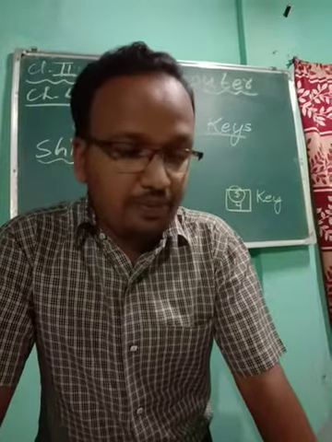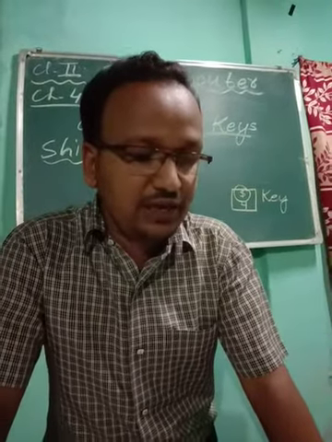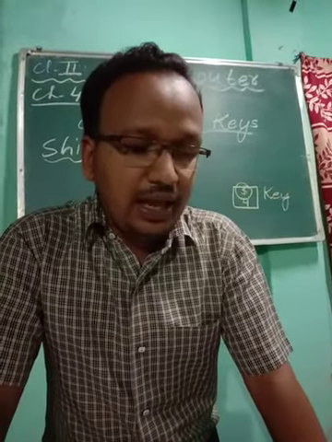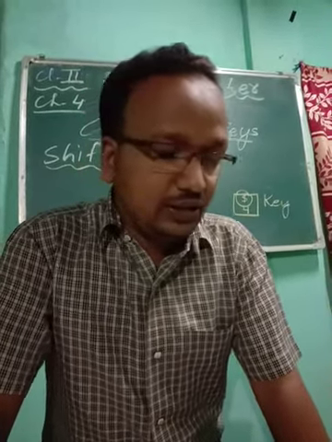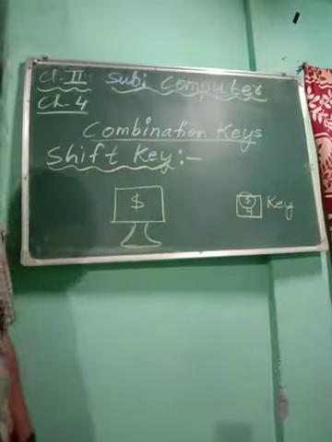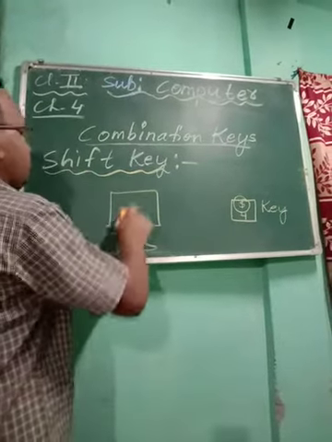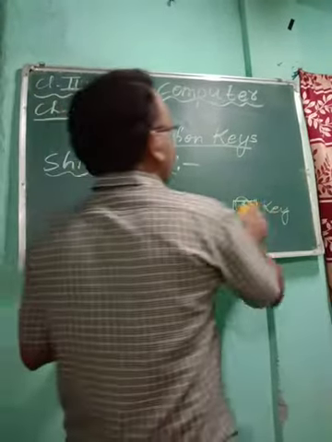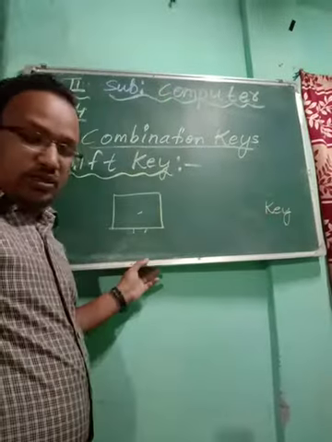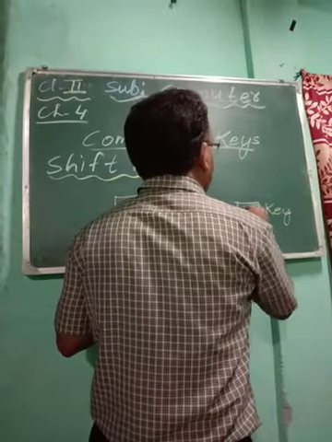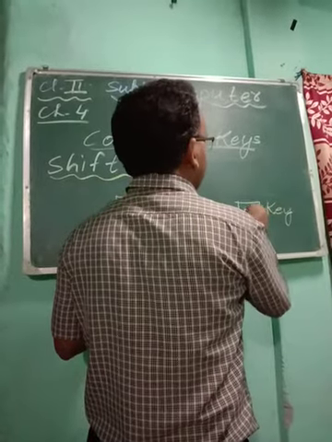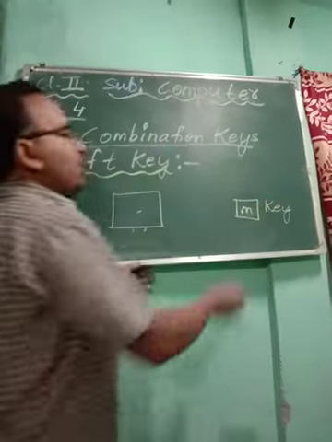Suppose you want to type a capital M while keeping the shift key pressed, and the small m is typed as a capital letter M. Now you can use the other letters without it. Suppose you see the key with the small letter m written on it.